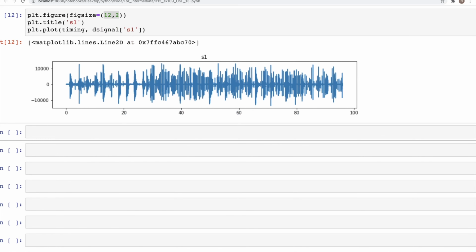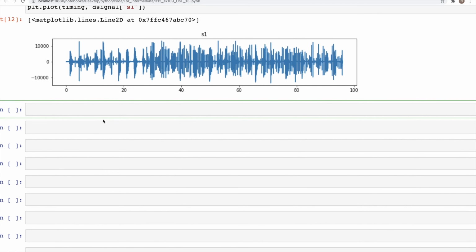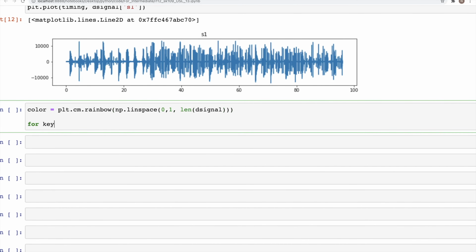What we'll do next is we'll plot all of them together. So we can do that in a for loop, and for that we'll use CMap to put a list of colors in there. So plt.cm.rainbow, np.linspace 0, 1, length the signal. So that gets us the color, and then we have for key and color in zip the signal.keys and color,